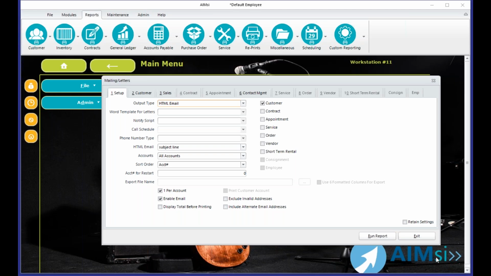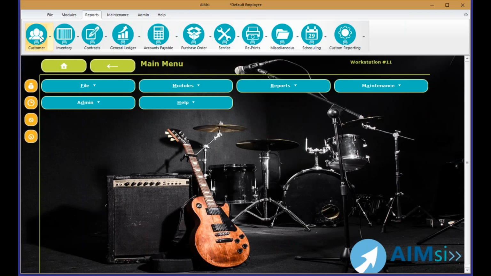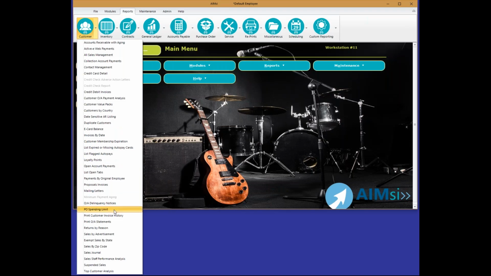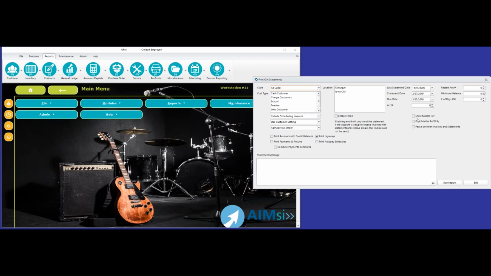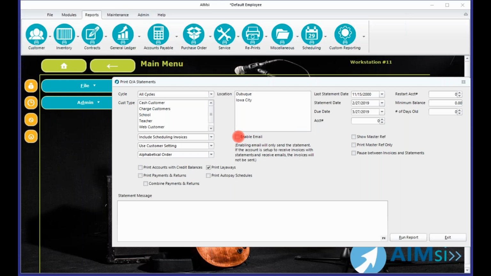So as I mentioned, pretty much anything that can be printed can be emailed. In many cases, for things that you might want to do mass emails of, you're usually going to see this enable email option. For example, if you were printing open account statements, in lieu of actually printing them using the print OA statements report, you could check mark the enable email option. You'll see that there right in the middle of the screen. By check marking enable email, that would send the statement via email, assuming that you have an address on file for the customer and that they're not set up to be saying do